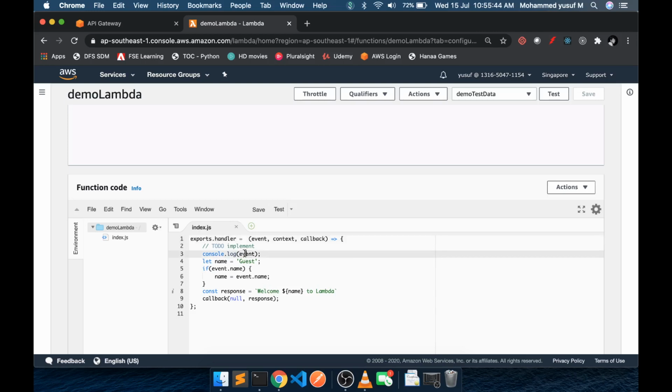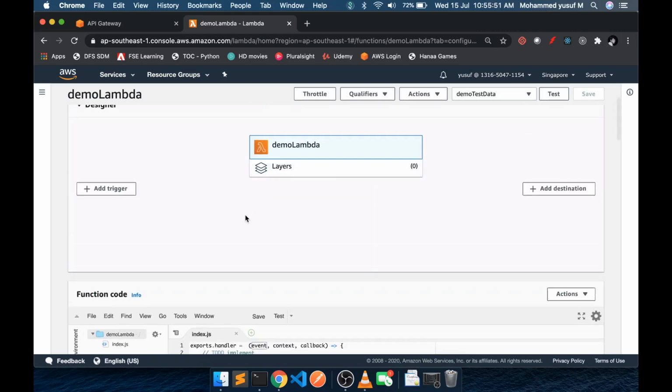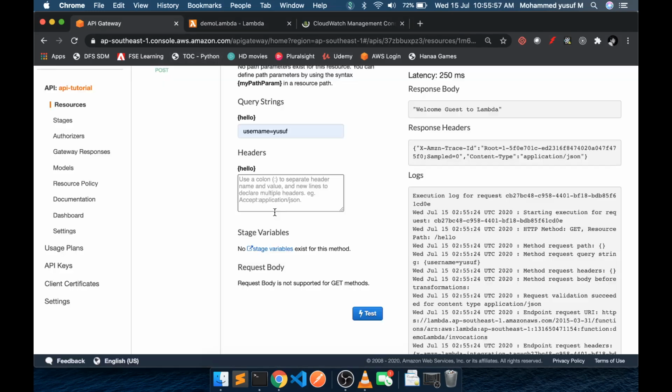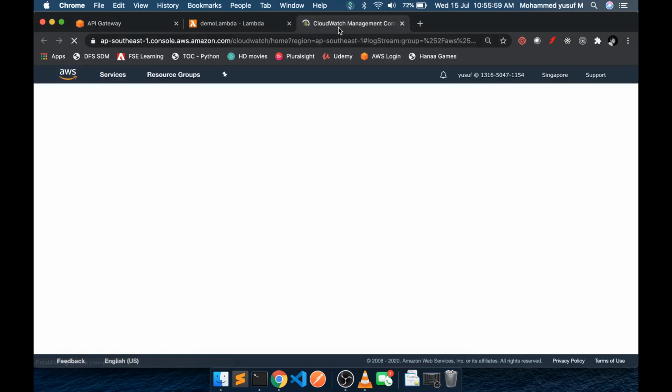But what does that event object contain? We want to know that, right? So for that, now comes the benefit of CloudWatch. Let's go to the CloudWatch. We just invoked this function, right? We will see what has happened in the Lambda function in the CloudWatch. Just give it a second.